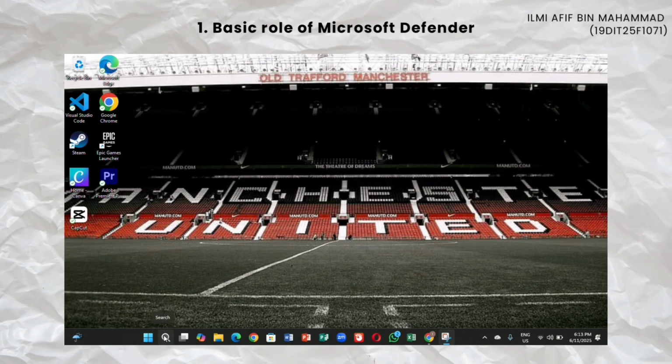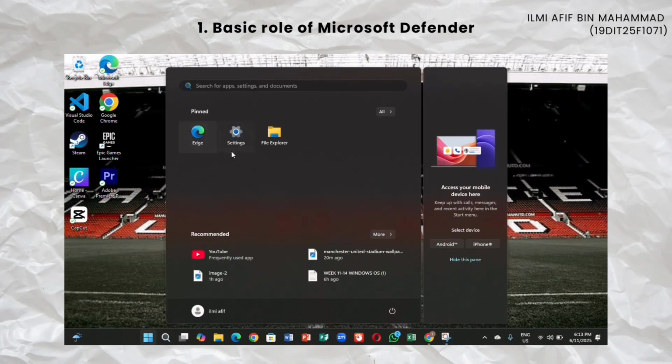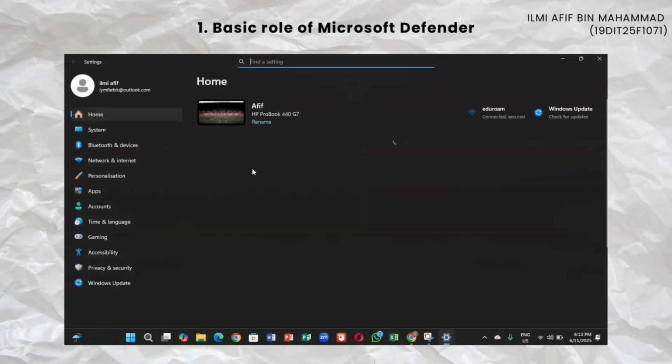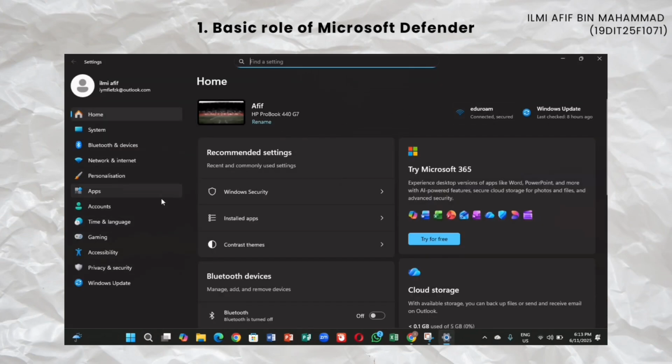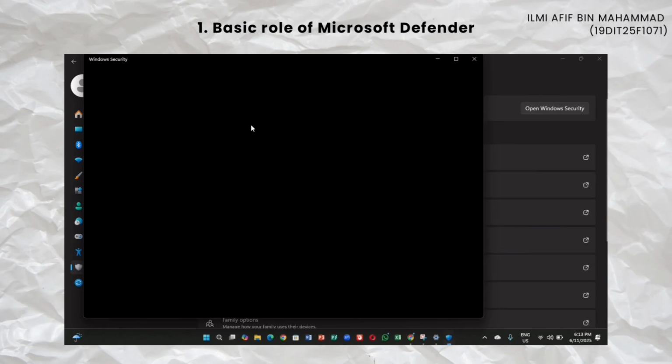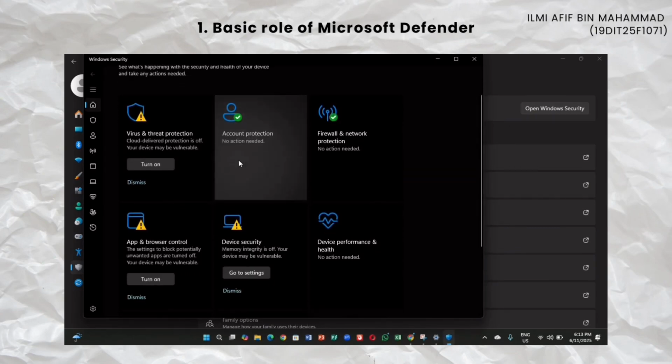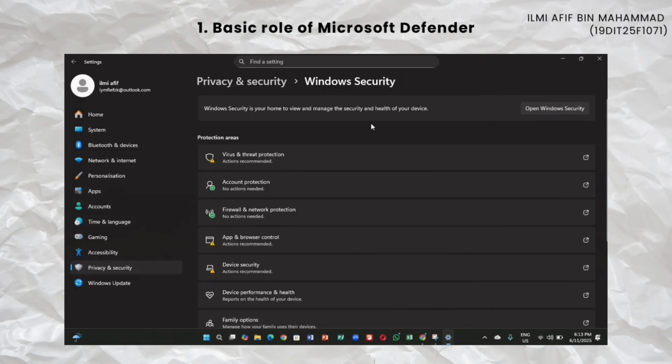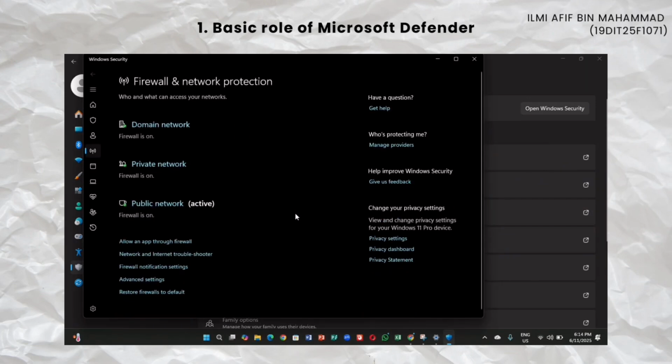Alright, first of all, you can go to the settings, then click Windows Security. As you can see, you can click Open Windows Security. Alright, we can check our protection status by clicking the firewall and network protection, and then as you can see,